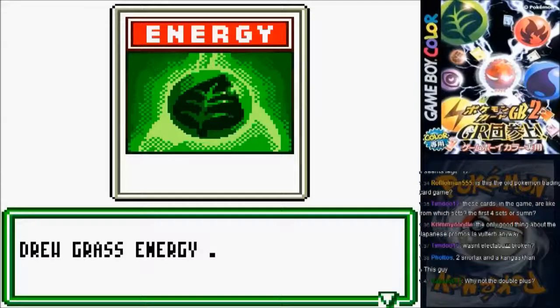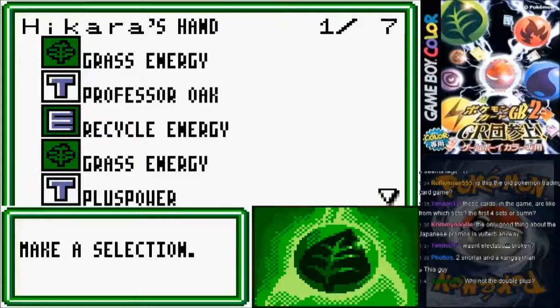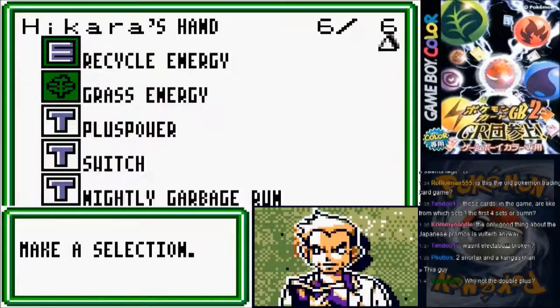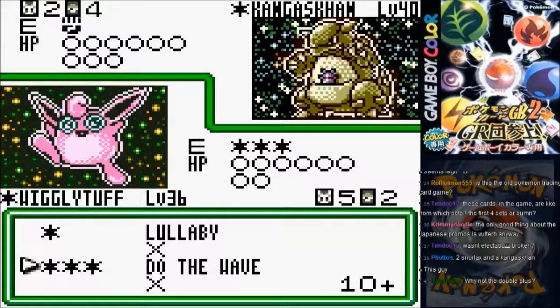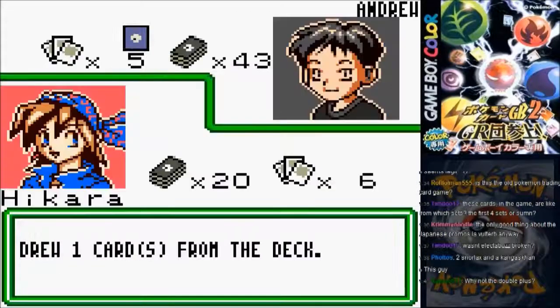Why not the double plus? Because I wanted to get 60 damage off this turn as well. Because now when I'm hitting for 60, I two-shot everything in the game. So there's not much point in not hitting for 60. Pretty much. I mean, I can still two-shot the stuff with 50 damage, sure, but...